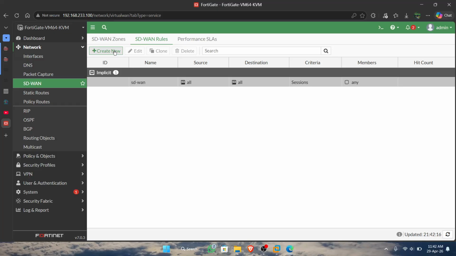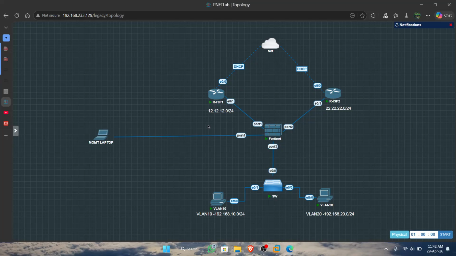We will make SD1 rules so that VLAN 10 can ping and traceroute to the internet from ESP1, from IP 12.12.1, where the gateway is 12.1. And VLAN 20 can ping to ESP2.